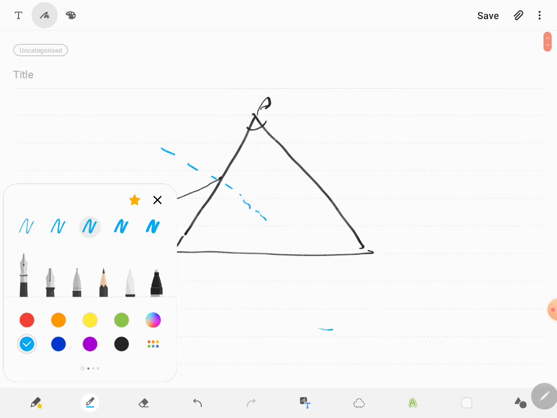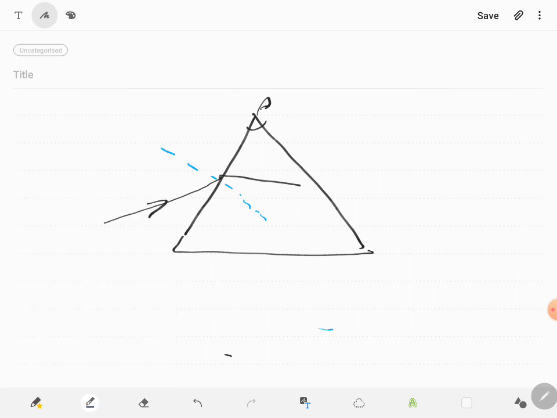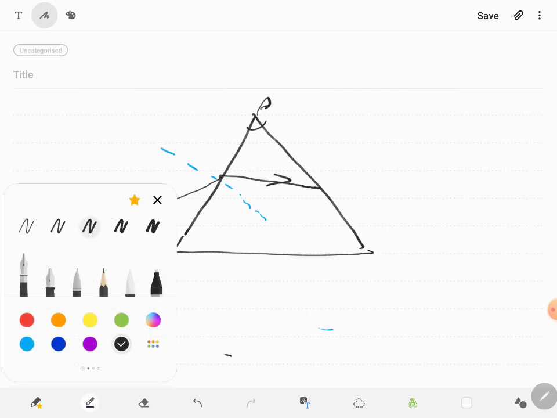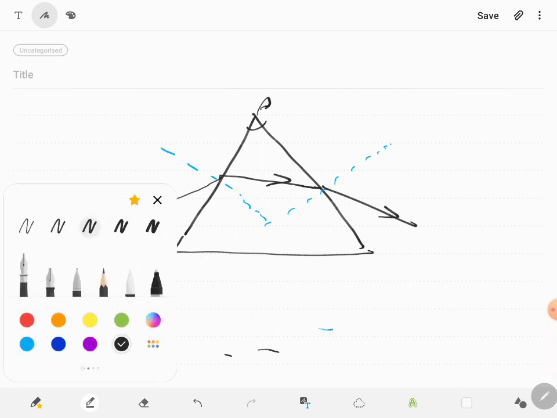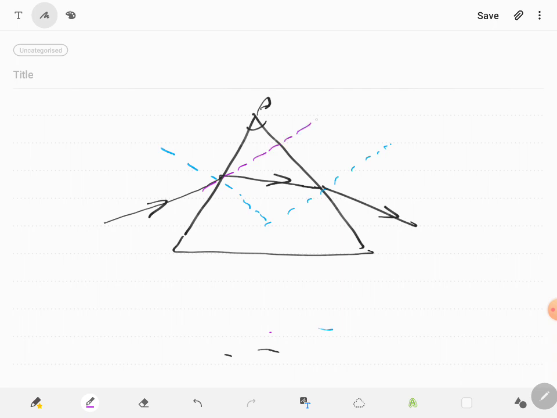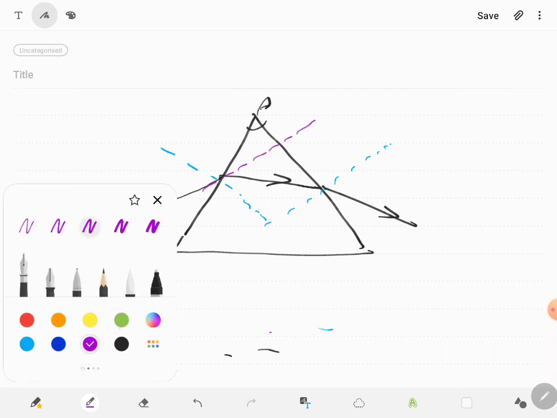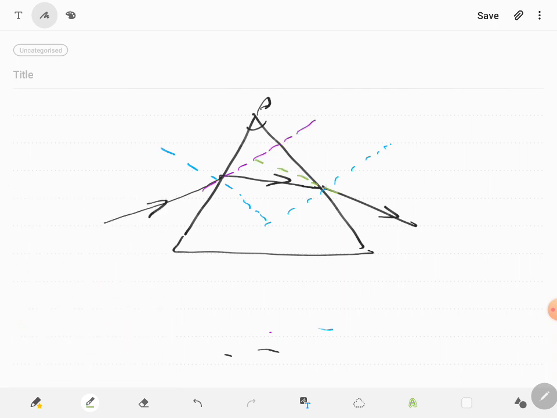It's going to bend from rarer into denser medium, so it's going to bend towards the normal. And at the point of emergence, again, you need to draw a normal. It's coming from denser to rarer, so it's going to bend away from the normal. If there was no prism, the incident ray would have gone like this, and the emergent ray would have come out like this. The angle between the directions of the incident ray and the emergent ray is what is called deviation delta.